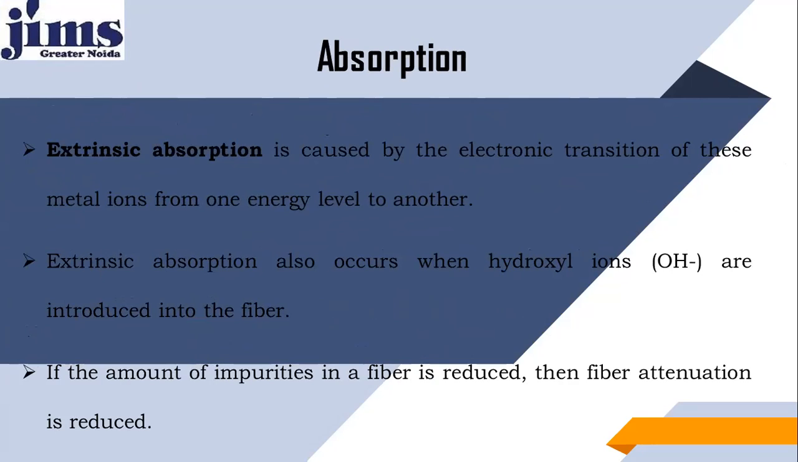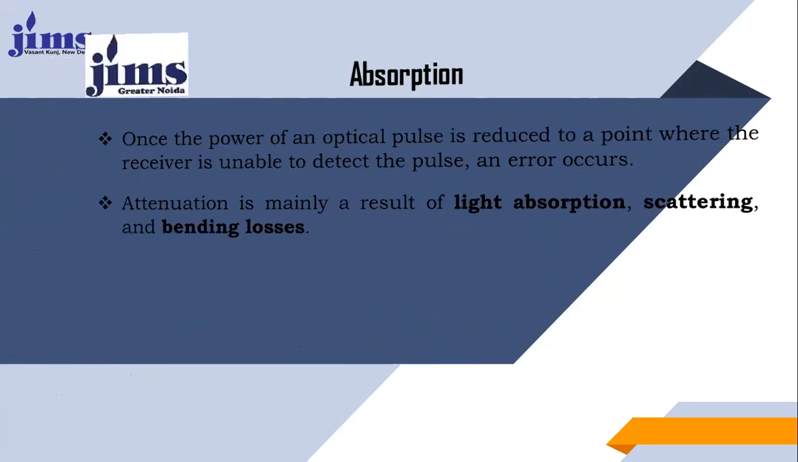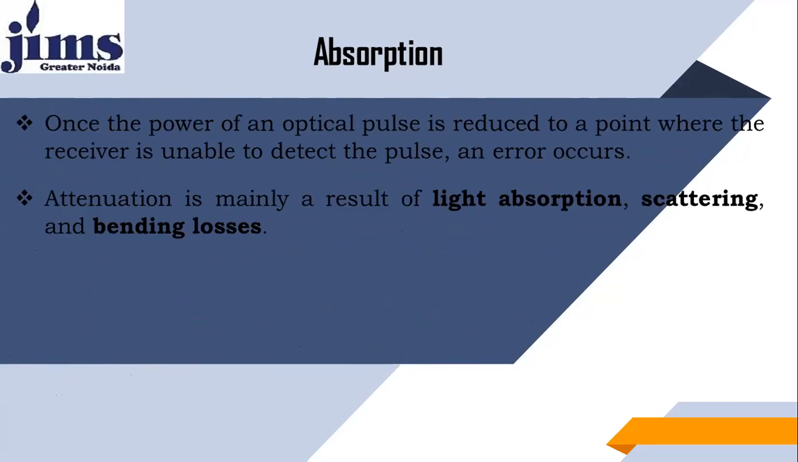Absorption is a type of attenuation. So what we actually want during the manufacturing or fabrication process of optical fiber is to minimize these impurities that come from outside. So the external absorption is reduced, and finally the attenuation is reduced. Once the power in the optical fiber is reduced to a point where the receiver is unable to detect the